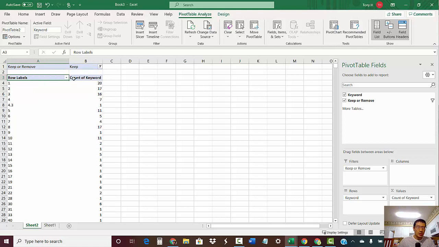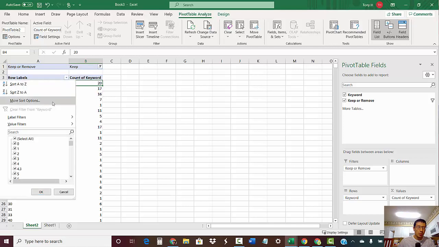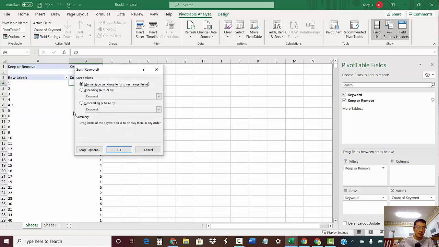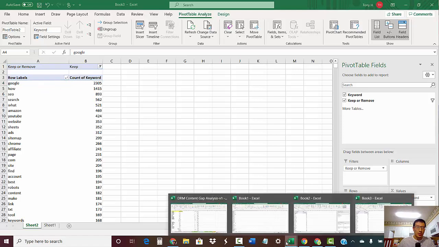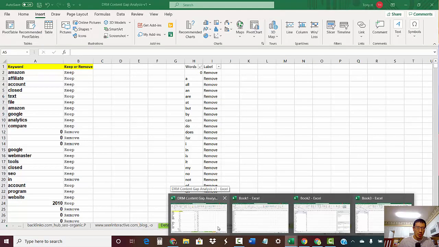Then once we do that, you can see the count of keywords. So this is basically saying, okay, 1 appears 20 times, 2 appears 17 times, and things like that. So we want to click on more sort options, click on descending, and then count of keywords. Now what this does is it basically sorts the keywords based on how many times, the ones that appear the most times. So Google appeared 2,300 times approximately